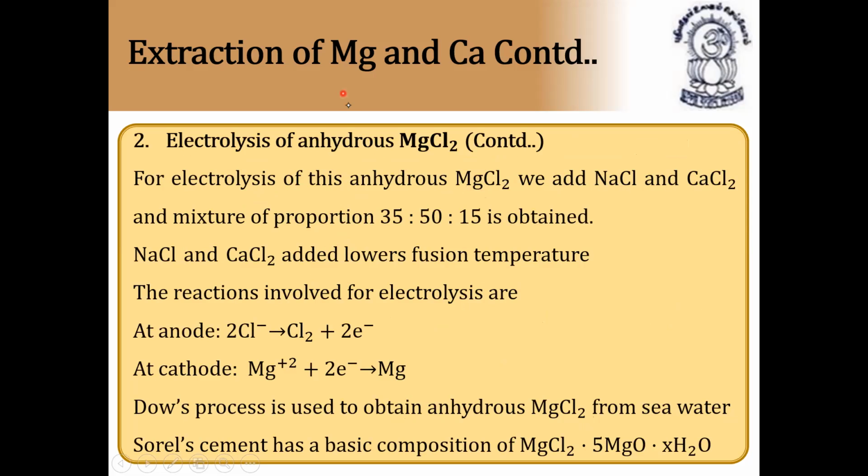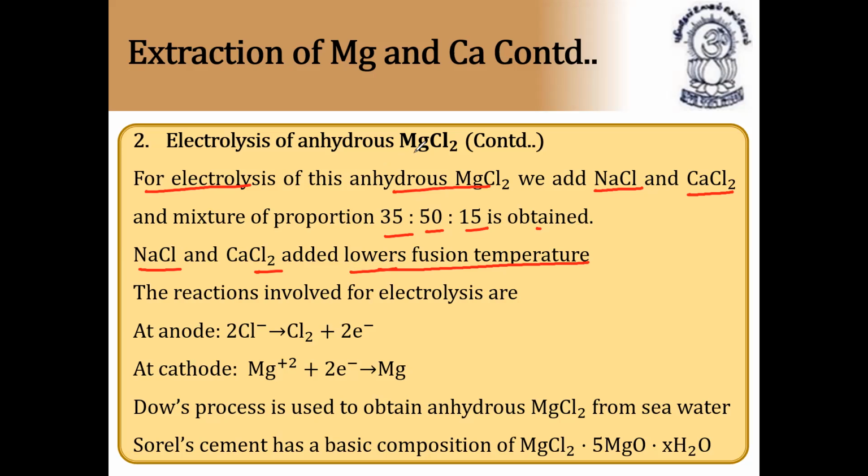For the electrolysis of anhydrous magnesium chloride, we add sodium chloride and calcium chloride. Why? This is a very, very important point. For the electrolysis of anhydrous magnesium chloride, we should add a small amount of sodium chloride and calcium chloride, in a mixture proportion of 35 to 50 to 15. Why are NaCl and CaCl2 added? To lower the fusion temperature,